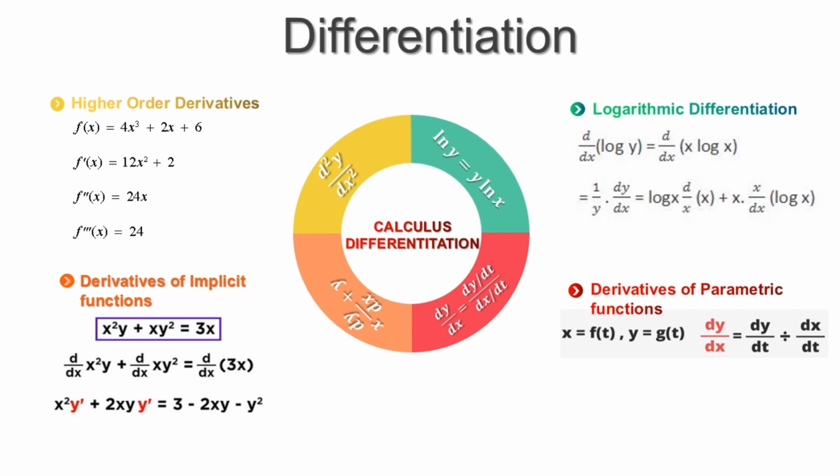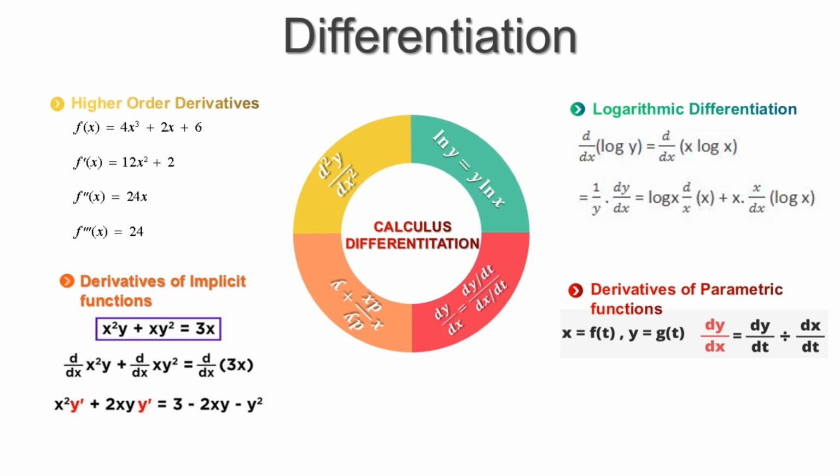You have to remember the differentiation formula, d by dx of x power n. That is the basic polynomial differentiation formula, nothing but n x power n minus 1. Based on that only you are completing everything. So go through all the formulas first of all. Derivatives of implicit functions: the function is mixed with x and y values, so you cannot separate them. That kind of questions you have to solve with implicit functions. That is also given here, go through that.